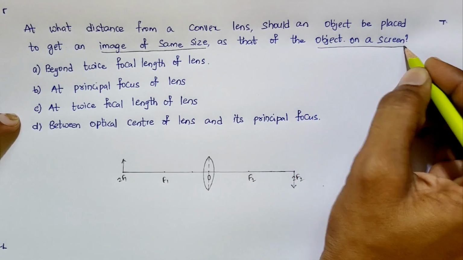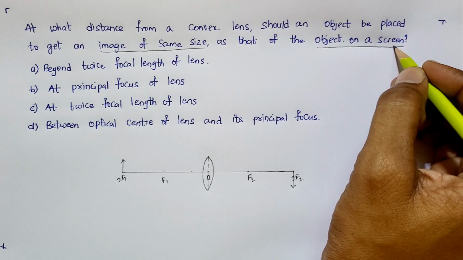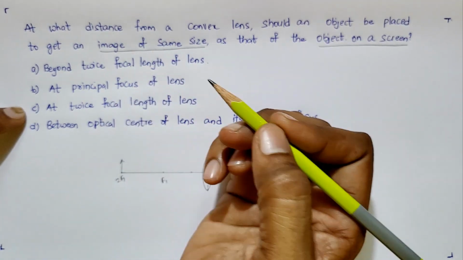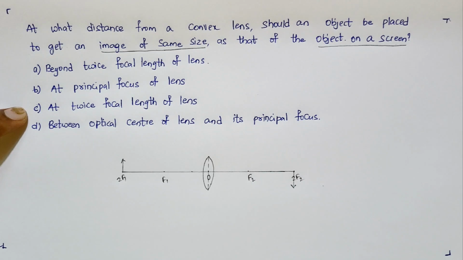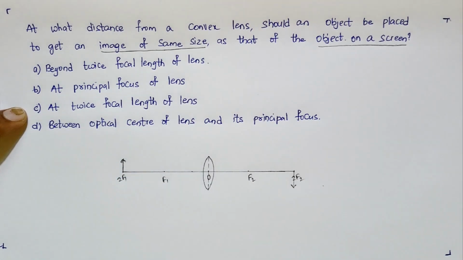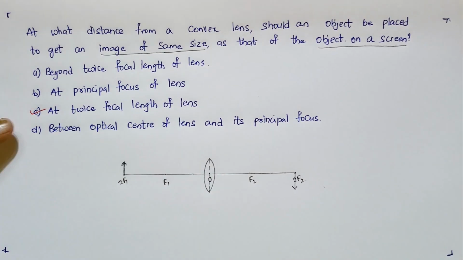Which image can be obtained on screen? Only real images can be obtained on screen. So they are saying that image should be a real image and image should be same size. So a convex lens will create image of same size only when the object was placed at 2f, correct? So the correct answer will be twice the focal length of the lens. This is